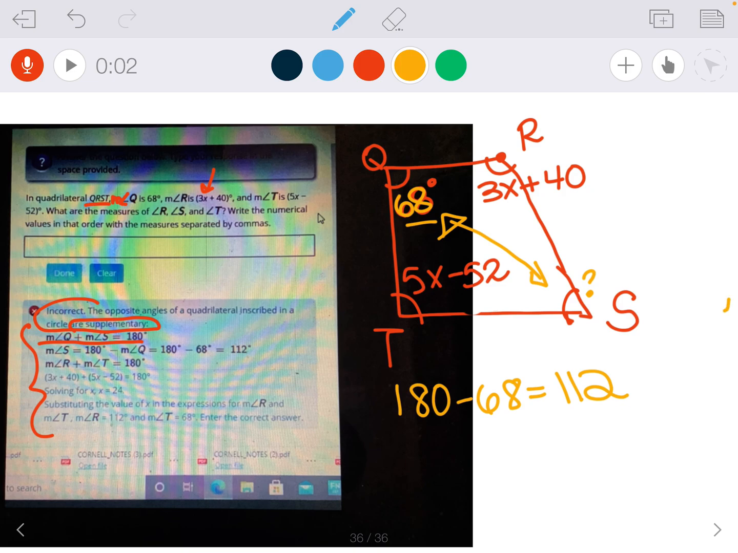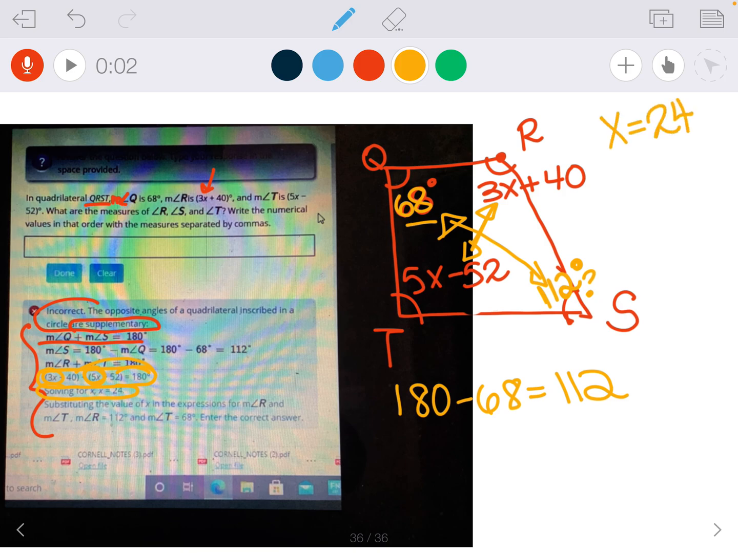All right, so I got 112 degrees for angle S. The next thing is it tells you right here, we know that these two angles added together equal 180 degrees. It asks you to solve for x, okay? So that would mean combining your like terms, moving the 40 and the 52 over here, just solving equations from Algebra 1, right? Think back to that. Once we have x equals 24,